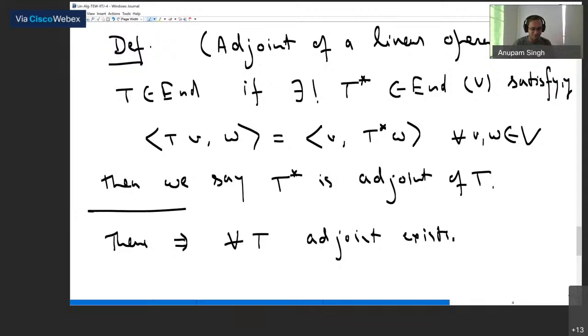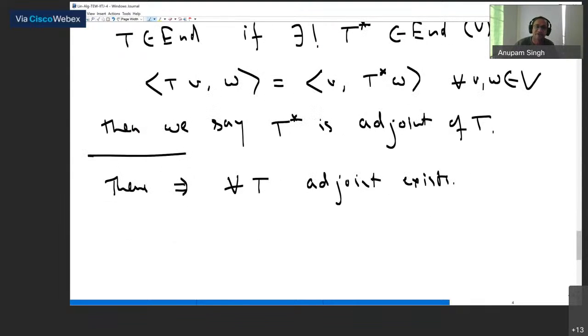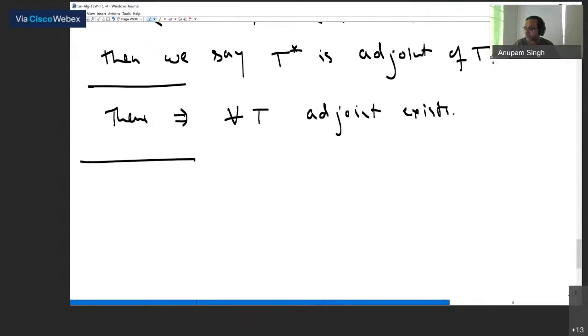Such a thing may not be true in an infinite dimension situation, unless you are in some nice situation. But here we are working with finite dimension, and we just proved that for every T there is an adjoint. As I said, if you have seen functional analysis, you might wonder that you require a lot of effort there to prove such a statement, and here it comes out so easily. This is because we are in finite dimension situations